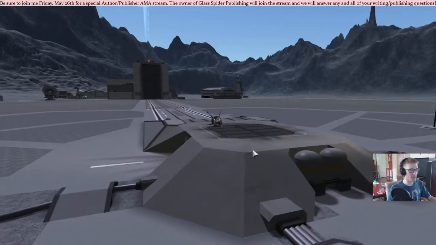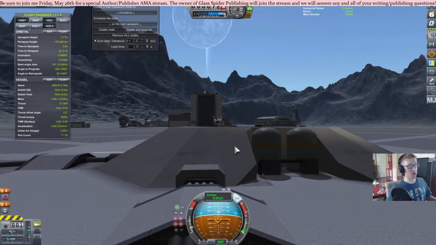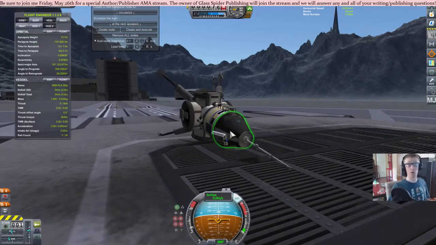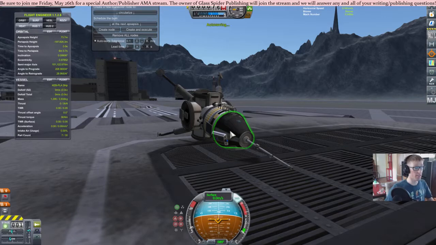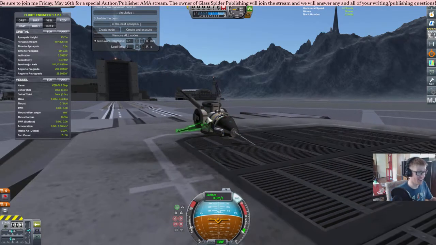Let me see if I can zoom out and get a better view. So we're counting that as landing, right? Right? And technically the hatch door would be accessible, so Kerbal could climb out, so we are calling that a victory. So, round of applause for whatever...